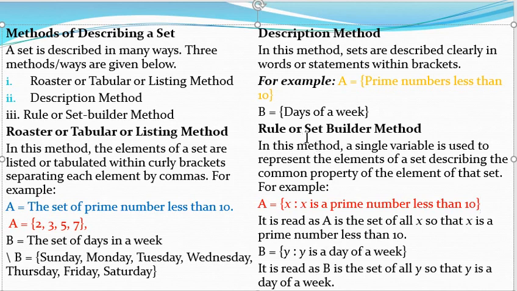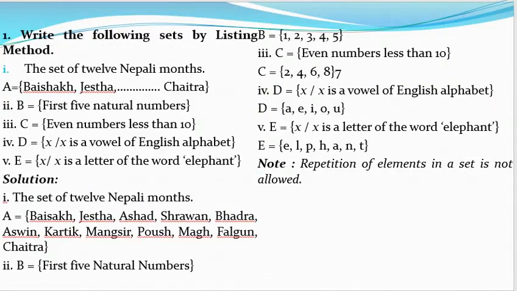Yes, teacher. Okay. So in this rule or set builder method, we have to write "x such that" always. But you can write any alphabet. You can write x such that x is a prime number, or you can write y such that y is a prime number, or you can write a such that a is a prime number less than 10. Any alphabet you can write, but x and y are the very common alphabets that we use for the set builder method. There is no compulsory rule that you have to use this only.